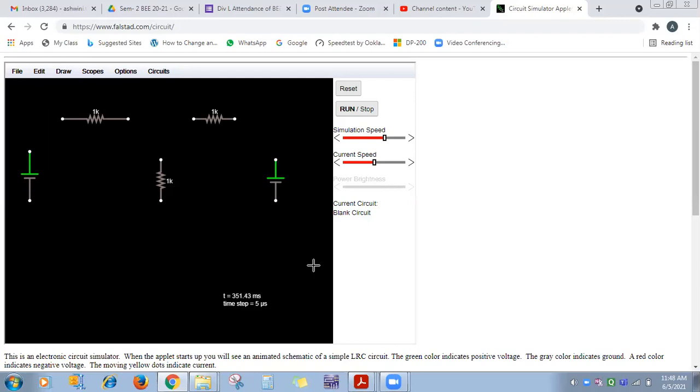Okay, so the voltage sources you now have to connect here with the help of wires. While connecting, complete either the left or right loop first. If you complete the outer loop and then connect the vertical branches, then current will not flow through the vertical branch. So either the left or right loop you complete first. In draw, add wire, I have selected the first option, which makes the connections easy. Which loop am I connecting? Left. Left one I have completed, so that the current flows through the central vertical branch also.